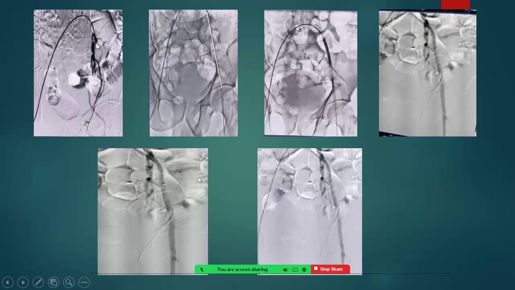You must be sure by contrast injection that we are coming to the patent part of the external iliac artery. By roadmap we can see this is the patent part of the external iliac artery. Don't pass any catheter. Once you are sure, then only pass the catheter, because the guide wire is very small and can go subintimal, so we can again pass the wire into the patent part of the artery. Once we are confirmed by the cross flow of the injection, then only pass the catheter.